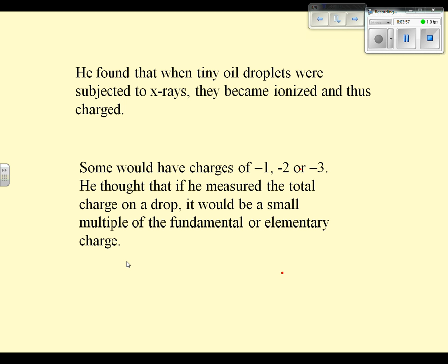So he would have seen charges of -1, -2, -3, -17 elementary charges, and so on. But he would have seen them in coulombs, right? And so, for example, if the elementary charge was, say,